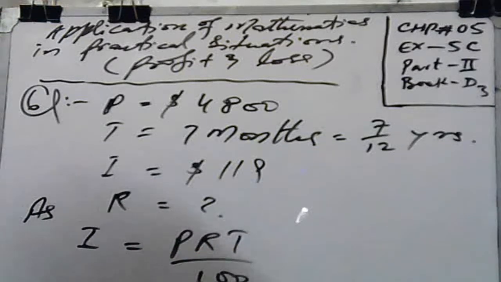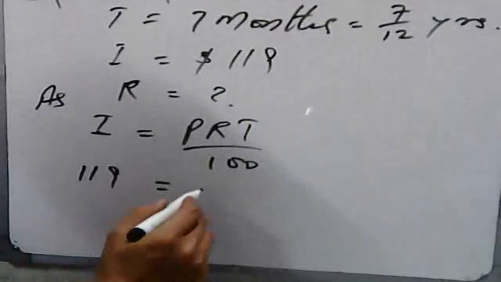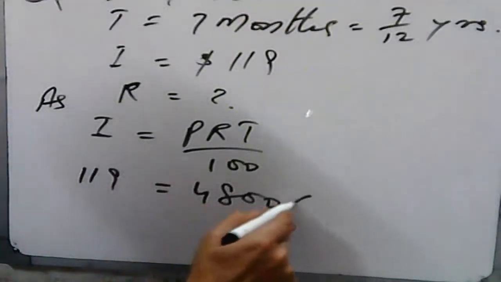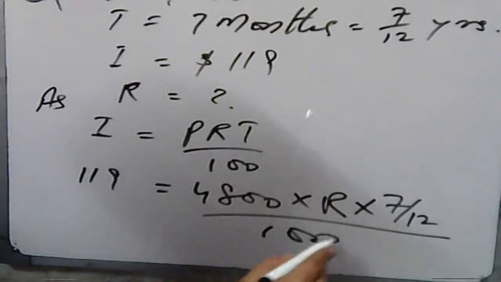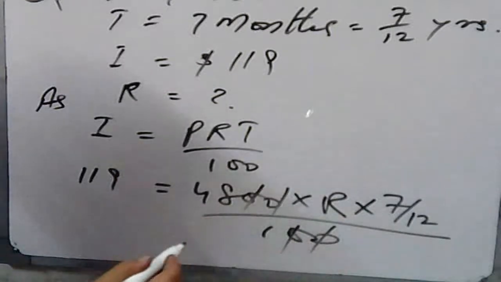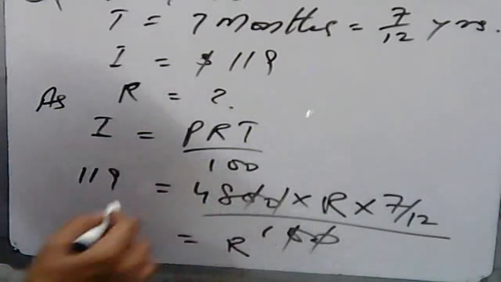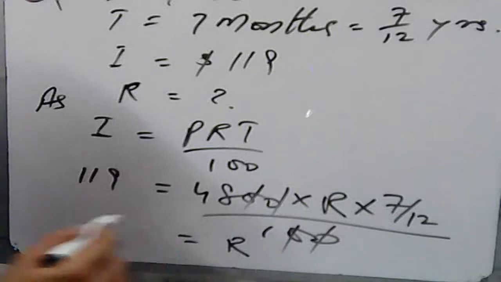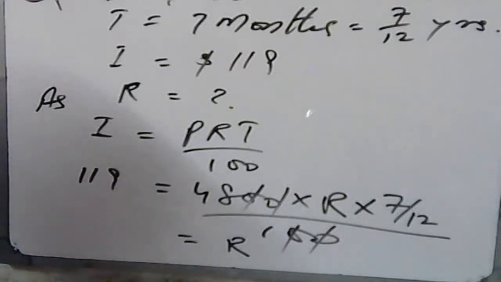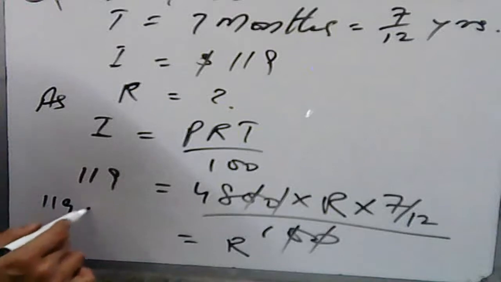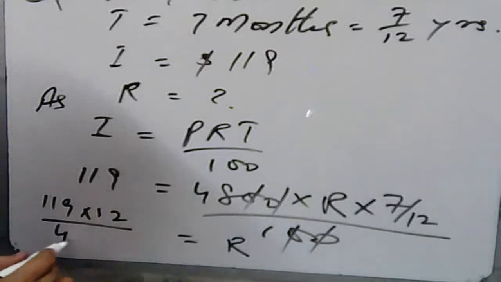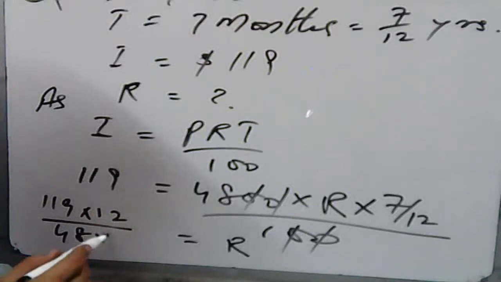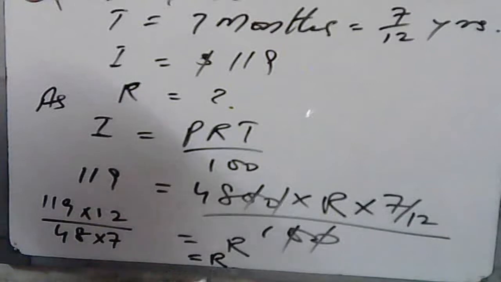So putting the values here, 119 and principal amount is 4800 multiplied by R, we have to find R, and 7 by 12 divided by 100. This 0 will be cancelled with this one. So we need the value of R. So by using cross multiplication, you can write that is 119 multiplied by 12 divided by 48 and multiply by 7. So after simplification, the rate of interest is 4.25 with the help of calculator,